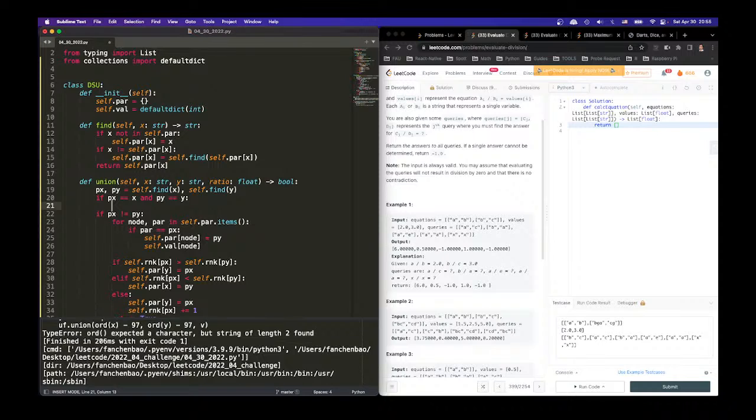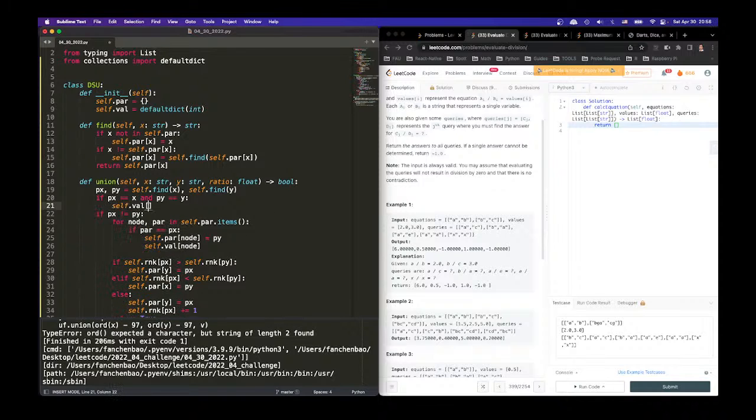If this one's parent is itself, and that one's parent is itself, then I can just arbitrarily choose one of them, right? Then we can just say